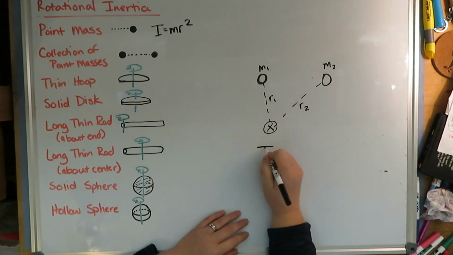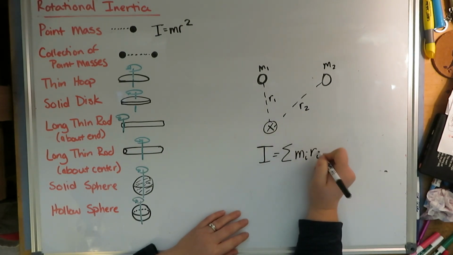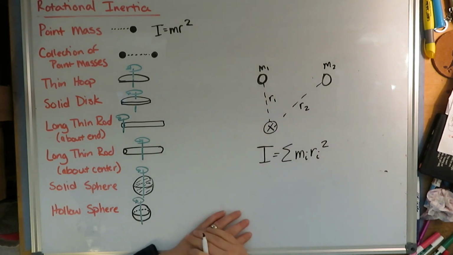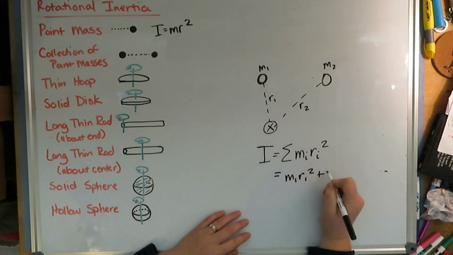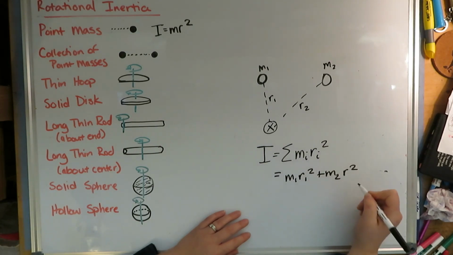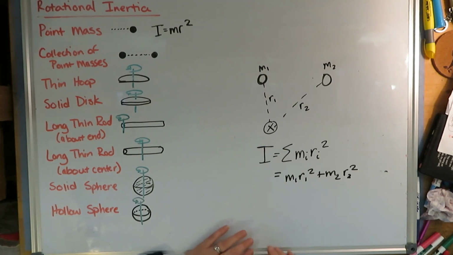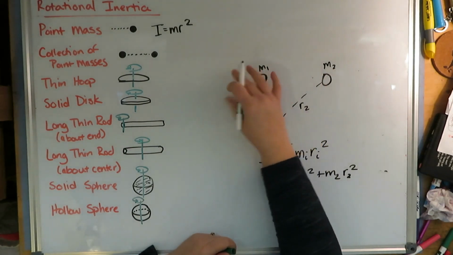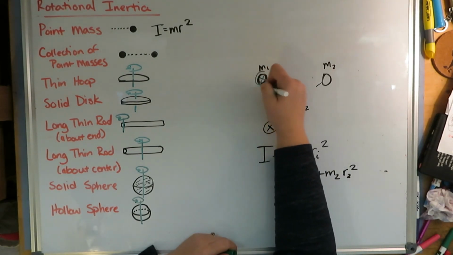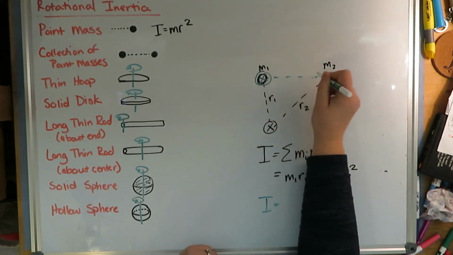So the total moment of inertia would basically be the sum of all of the little individual moments of inertia for each of those. So in this case, that would be M1 R1 squared plus M2 R2 squared. And I could sum that up. Realizing that if I picked a different axis of rotation, for example, if instead of going about this arbitrary point here, I wanted to rotate this system about this point mass, then that moment of inertia would be based on, say, this other,